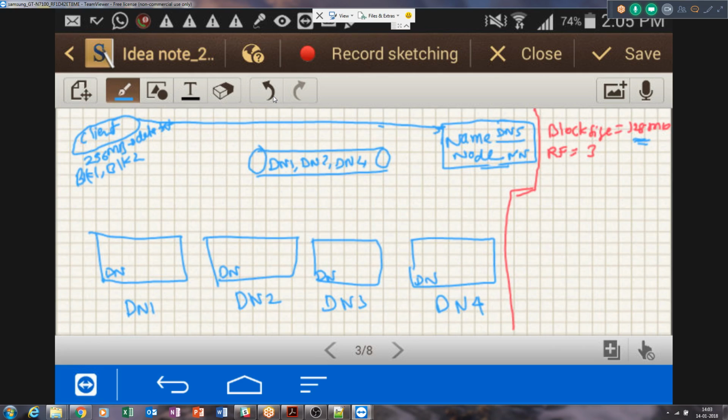Now the client gets all the information from the name node. It will not go back to the name node again, since the name node has provided the block size information and the list of data nodes where the client can start writing the data. So it will start writing block 1, BLK1. Every block has a unique identifier associated with it, just like a normal file system. BLK1 is 128 MB in size.